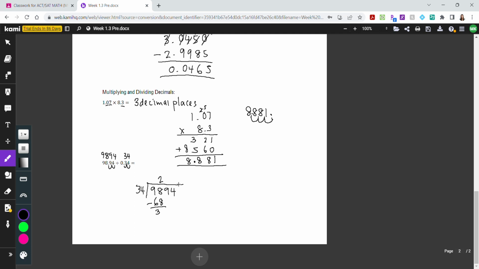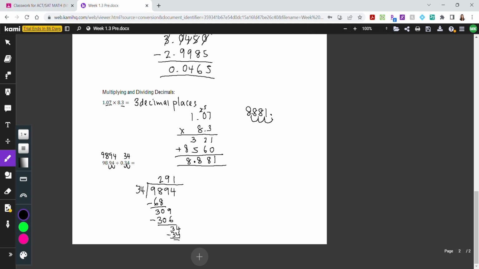That's going to give us 30, and then we're going to drop down the 9, and then the closest multiple of 34 to 309 is, let's see, going to be 34 times 9, which is 306. That gives us 3, and then bring down the 4, and obviously we know the closest multiple of 34 to 34 is itself, so 34 times 1, and boom,